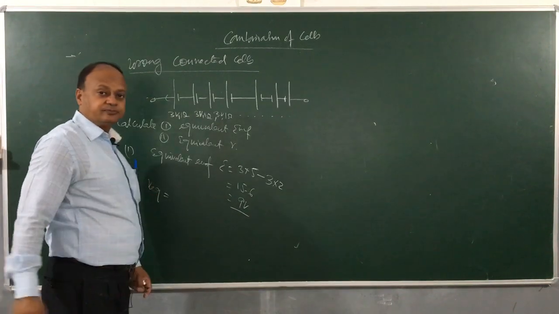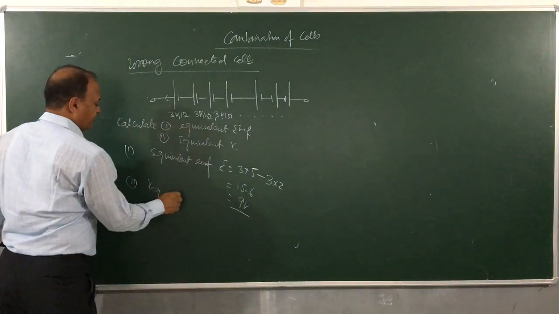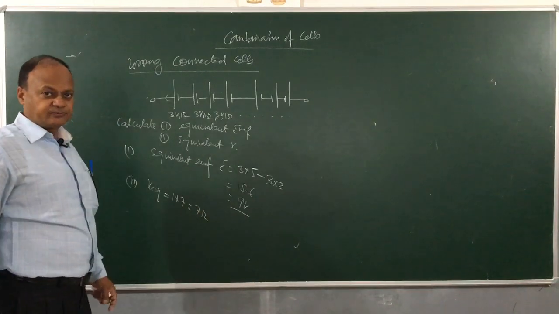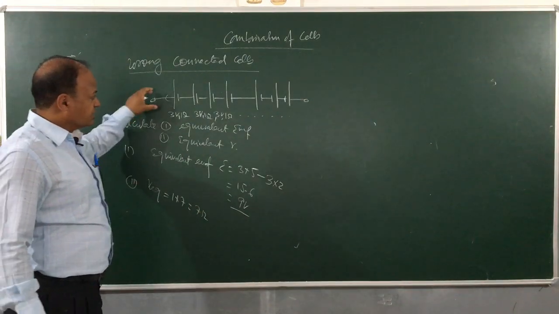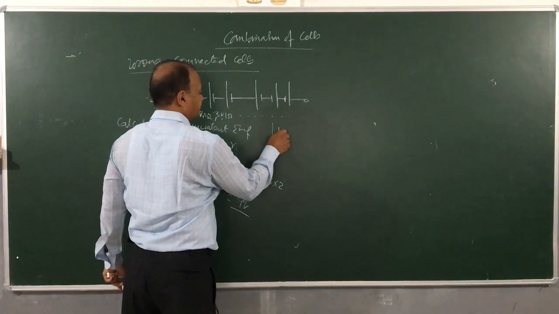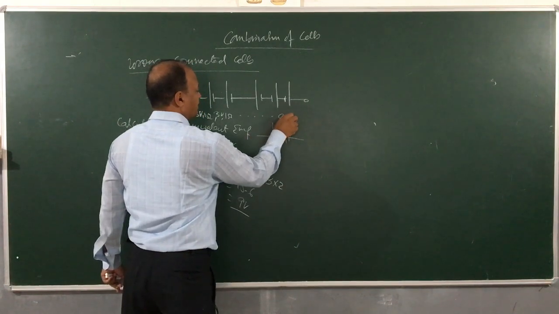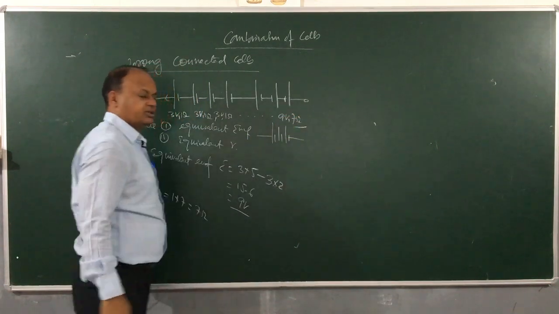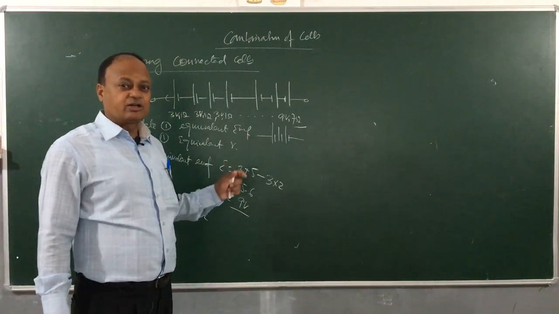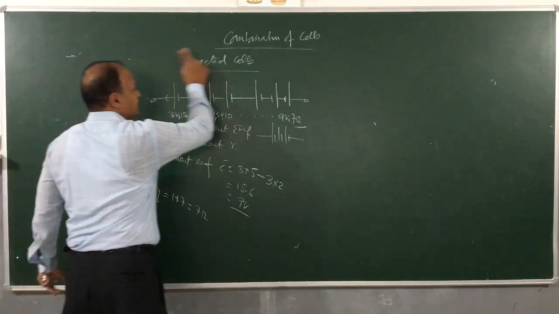But equivalent internal resistance Req will be obtained by adding all the resistances. So it will be 1 into 7, 7 ohm. Clear? So it is important for you to know that this combination of several cells will act like a battery like this. Its EMF will be 9 volts and internal resistance will be 7 ohm. So make sure that you are able to handle these wrong connections if they are given in the examination. Okay, wrongly connected cells.